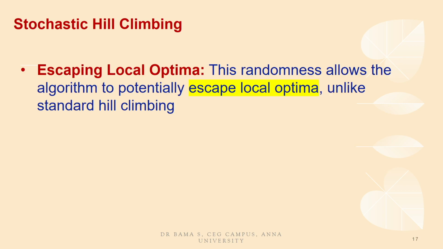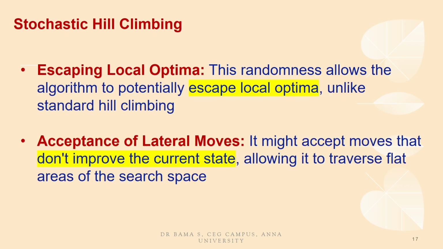The advantage here is it can escape local maxima or local minima, and it can also traverse the flattened space. If it does not improve the current state, it will take the move as the earlier state,